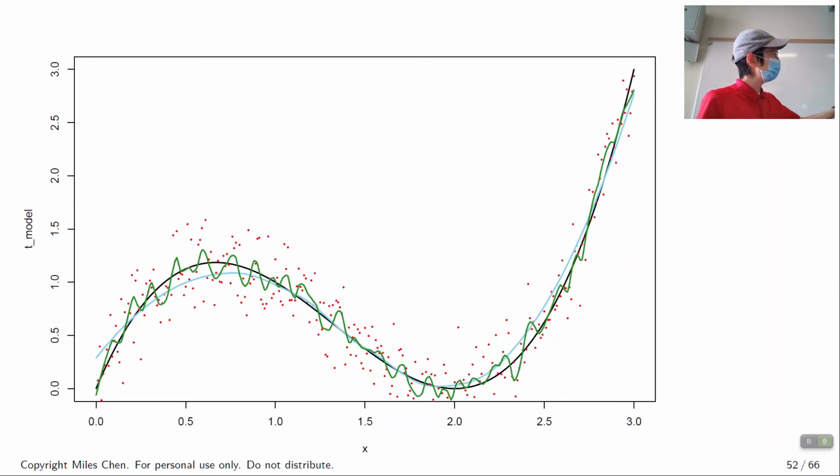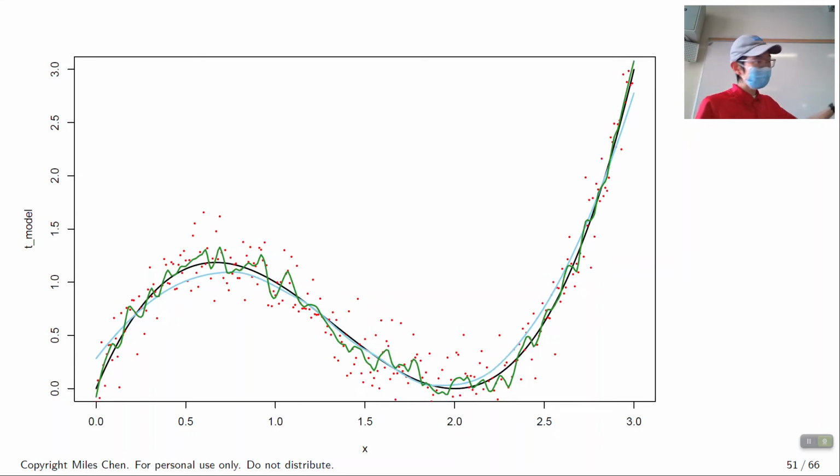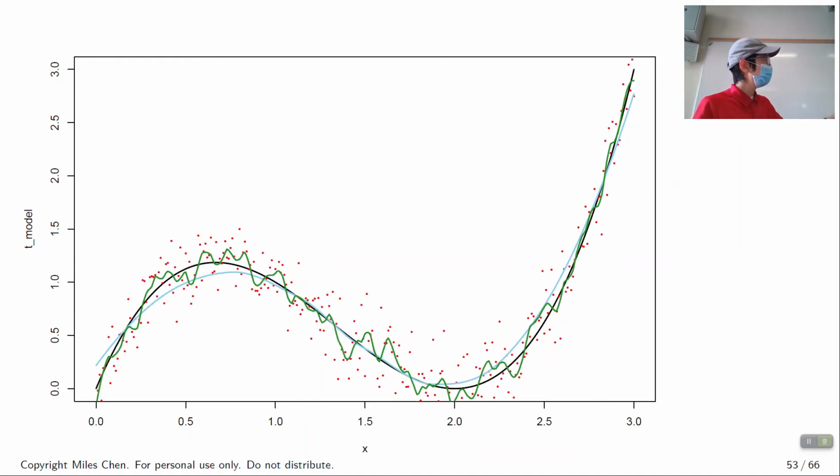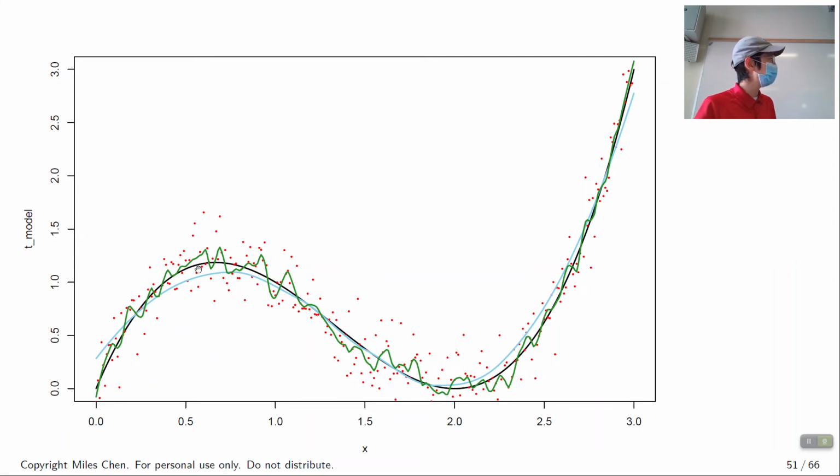However, if you look at the blue line, it is consistently lower than the black line here, okay? There's bias, okay? So even if I did 1,000 of these things, probably every single blue line is going to consistently underestimate what the true value is right here, okay? It's consistently below here. That's the bias, okay? If we average all the blue lines together, it will consistently be below the true line. So that's the bias, the difference between the average of the fitted values from the true thing, okay?